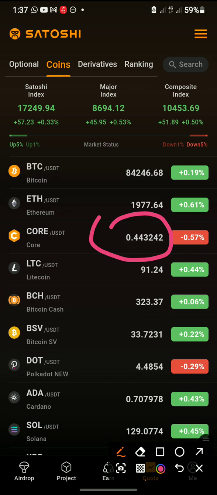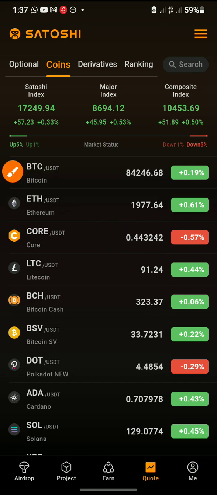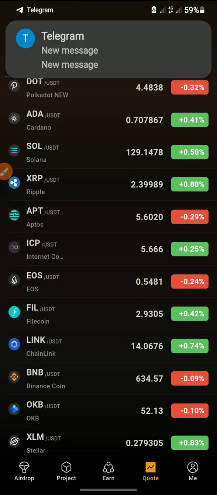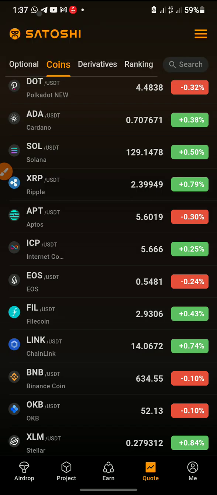This is the time to buy. If you have already sold yours and kept the USDT, this is the time to buy. That's how to make money without stress. The only thing is you watch the crypto market. Once you notice that the crypto market is increasing,